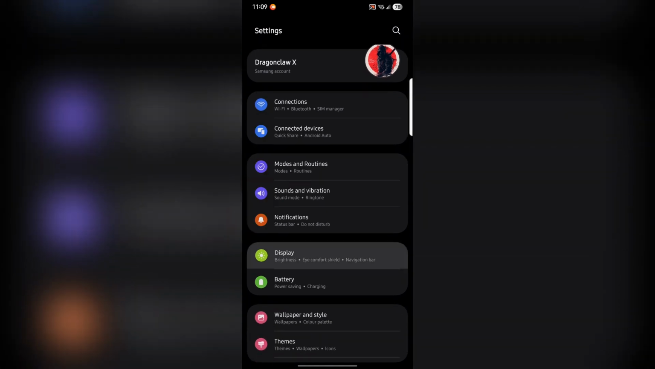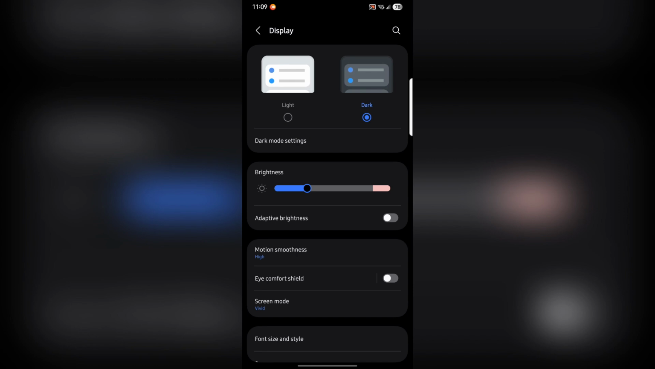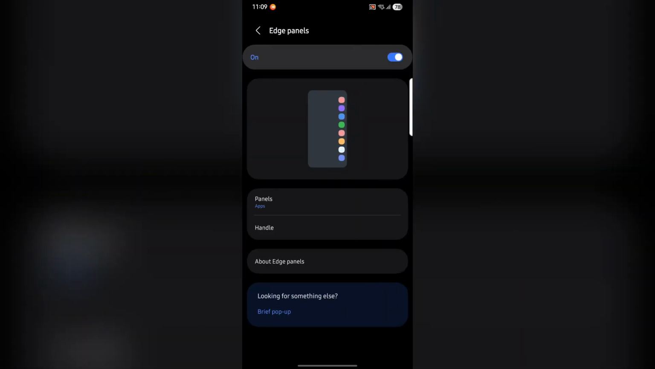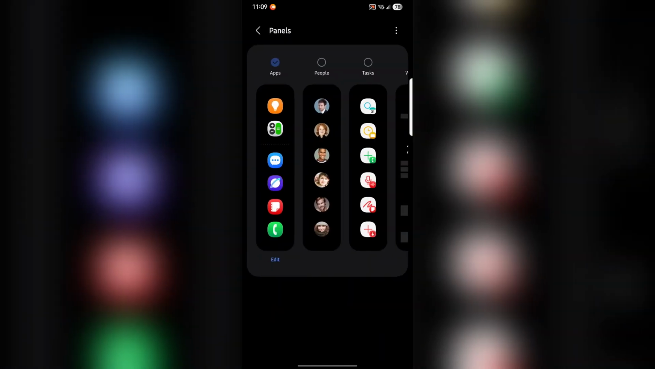from settings. After going in the display, scroll down again to find edge panels and then select edge panels from this display settings. Now, after coming to the edge panels, you will finally get the option of panels right here. Tap into that. And as you can see here, you will get a bunch of things to add to the